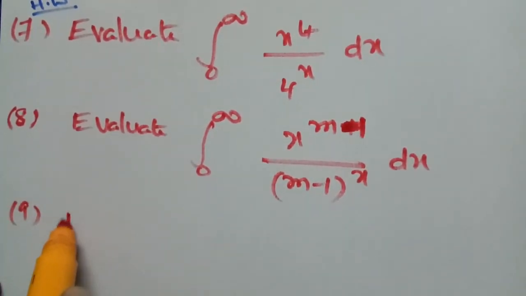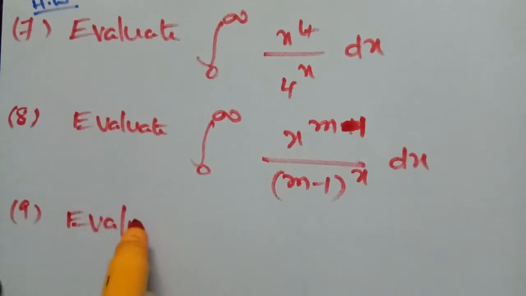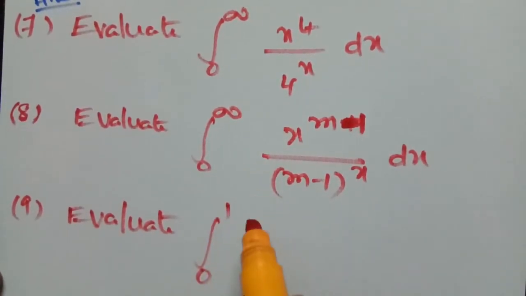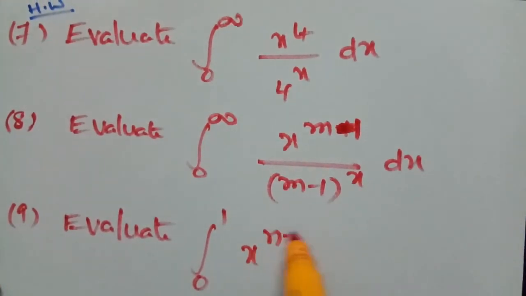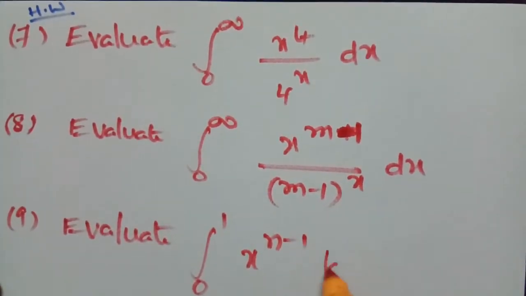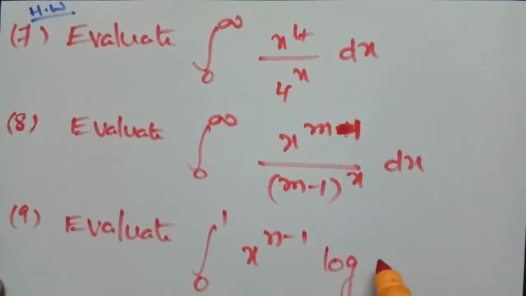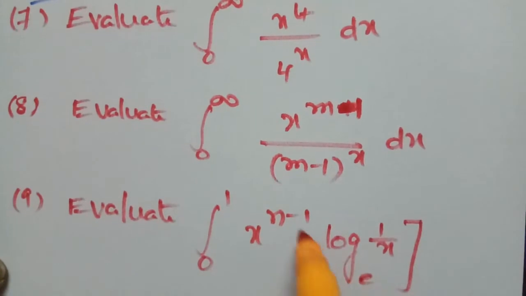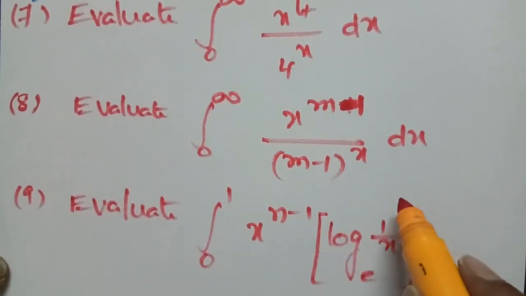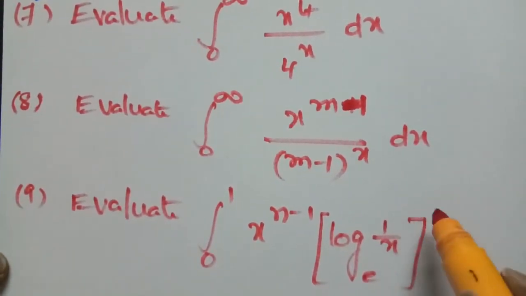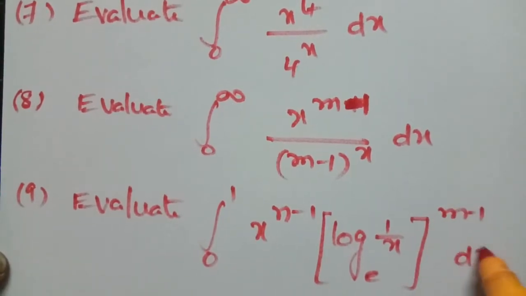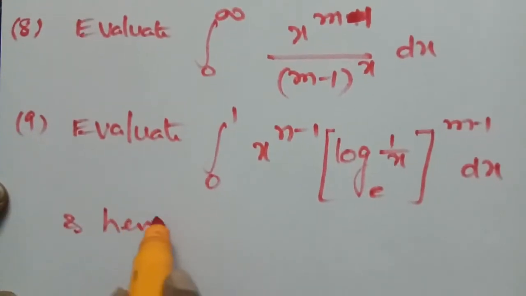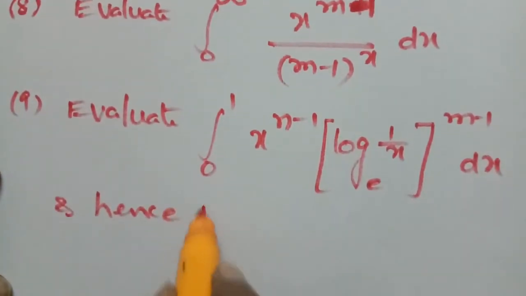Ninth one, evaluate the integral from 0 to 1 of x to the power of n minus 1 into (log 1 by x base e) whole to the power of m minus 1 dx, and hence prove that